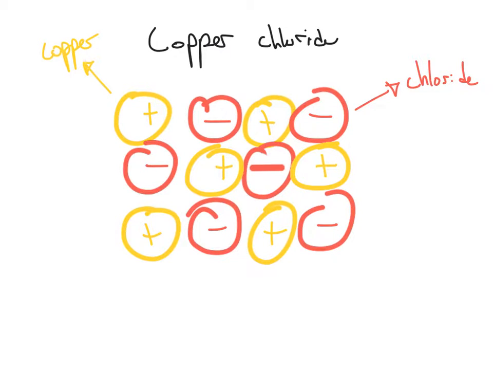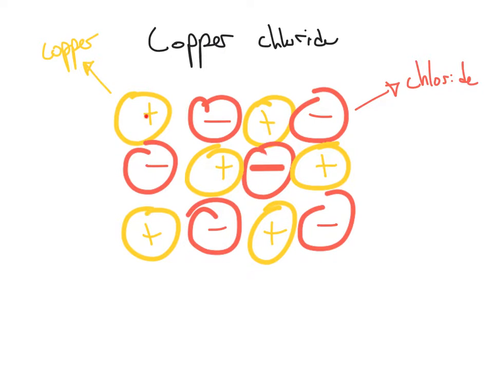In this lab, we were using copper chloride, which is an ionic compound. The solution that you were given contained 1 molar copper chloride that had the solid already dissolved in water. However, I want to take a minute and review that as a solid, copper chloride forms this network type structure